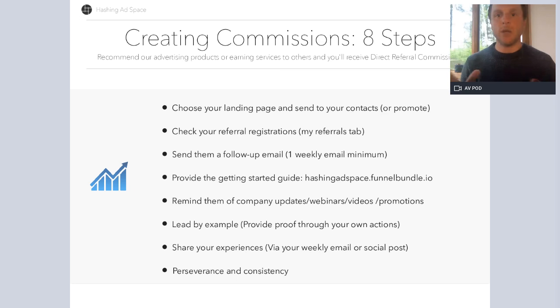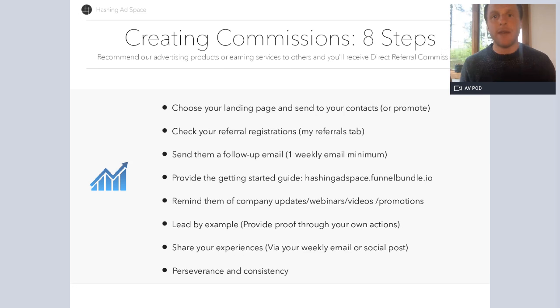So one of the benefits with Hashing Ad Space is we are sort of list building for you, okay? So once somebody joins, you'll see their email address there, and so you can follow up with those leads. So you'll see that in your referrals tab, and then start to follow up with them. Now, maybe you have an email autoresponder, maybe you don't, but even if you don't and you're starting out and you have, say, less than 500 referrals, then you can follow up with them via Gmail even, okay? Autoresponders are better, but as long as you follow up with the people, you can BCC a group of people so they can't see each other's email addresses, and you could follow up with a group.